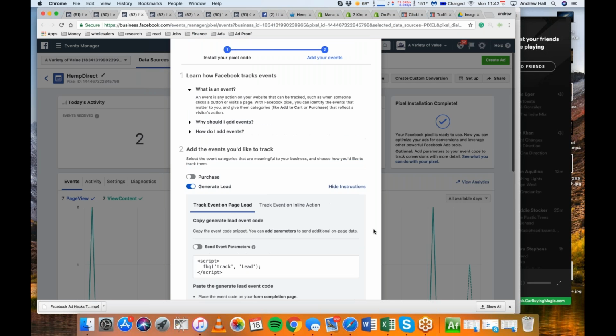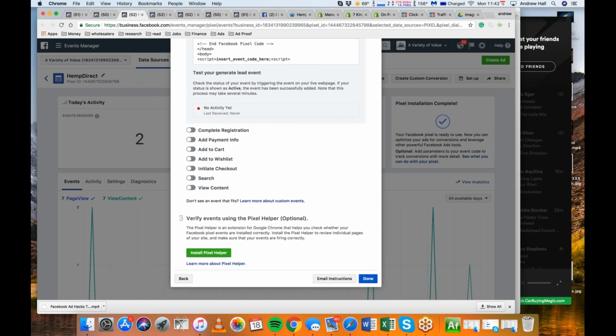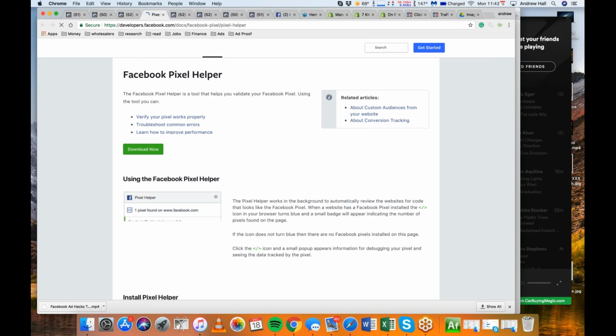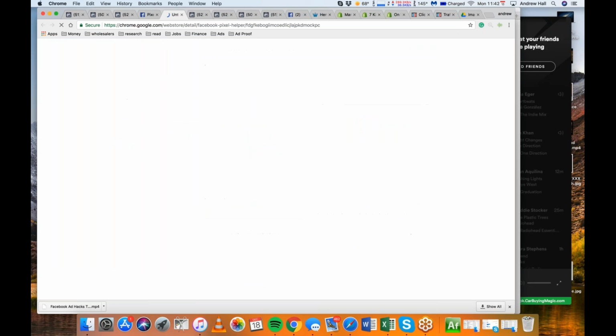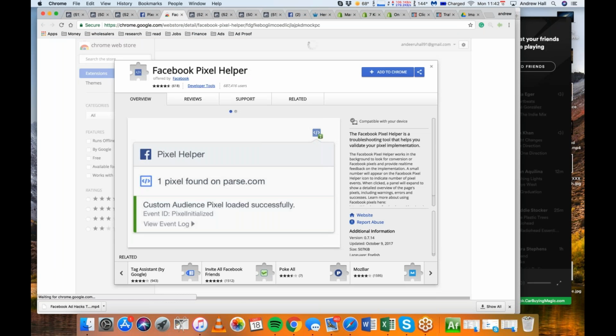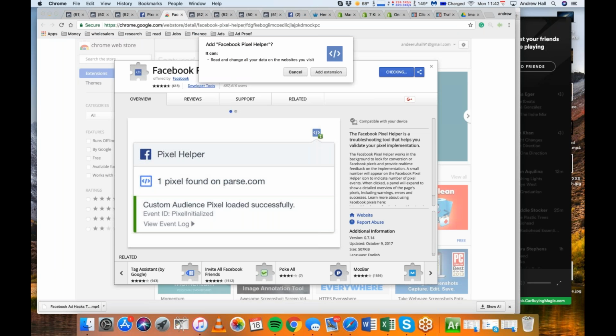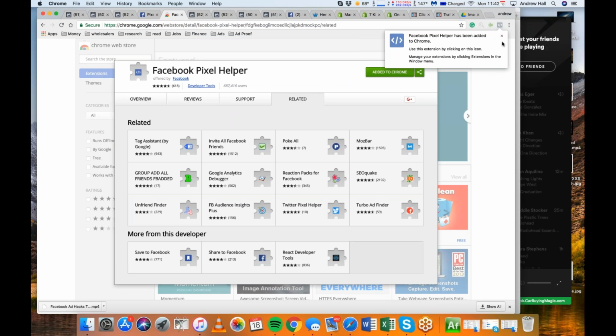Now, there's a way in here, this right here, install Pixel Helper. This is really cool, guys. It's an app, and I don't think I've even installed it on this computer since I got this new computer. It's called Facebook Pixel Helper. Add this extension. Every single page you go to, you can see if it has a pixel or not.